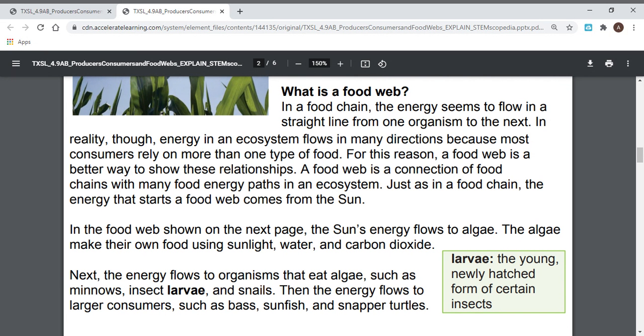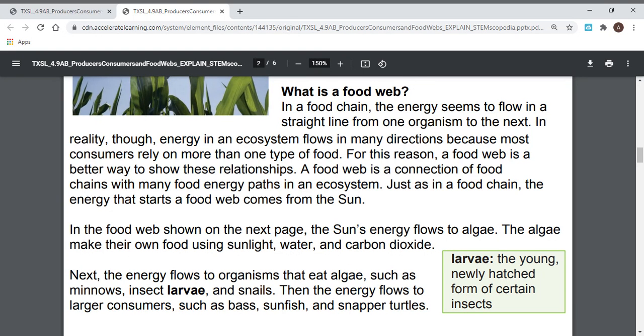A food web is a connection of food chains with many paths showing how food energy passes in an ecosystem. Just as in a food chain, the energy that starts a food web comes from the sun. In the food web shown on the next page, the sun's energy flows to algae. The algae make their own food using sunlight, water, and carbon dioxide. Next, the energy flows to organisms that eat algae, such as